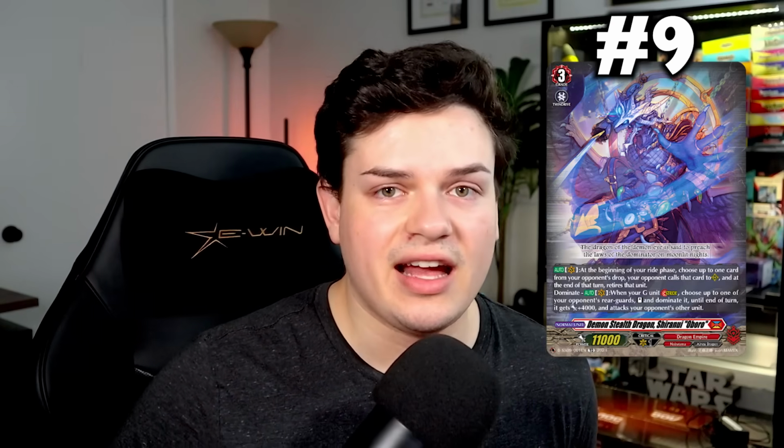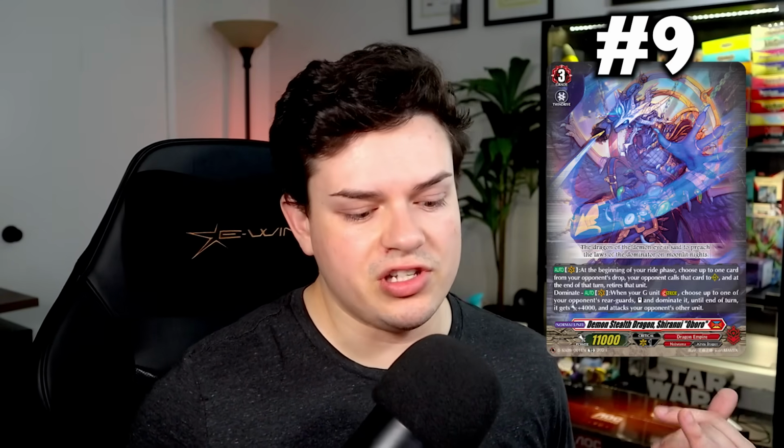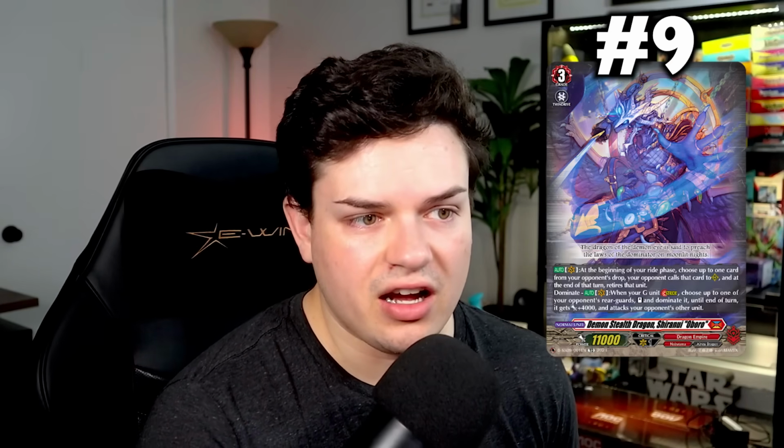So next up for number 9, we have Shiranui. Shiranui somehow crawled its way back into the meta, even though it's at number 9 on my list. I still think Shiranui has had some decent performance, at least in Japan, even with the restrictions with Furai and Drag Veda, obviously. So with that said, there's a new grade 1 that came out in this set, Drag Ritter